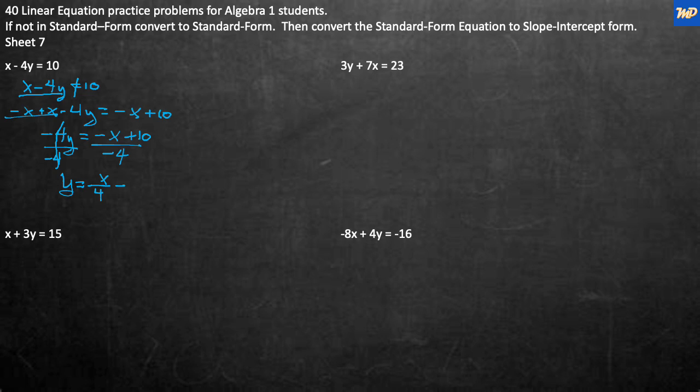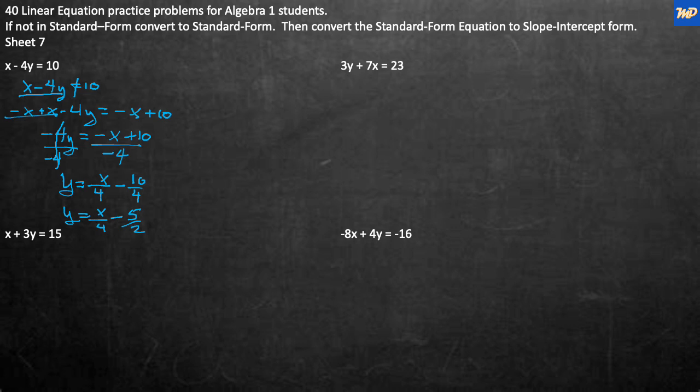Ten divided by 4 is what? Okay, I'll do the whole thing. 10 divided by 4, and I'll rewrite it. Y equals x divided by 4 minus 2 goes into both of these, so 5 over 2. Okay? Next,